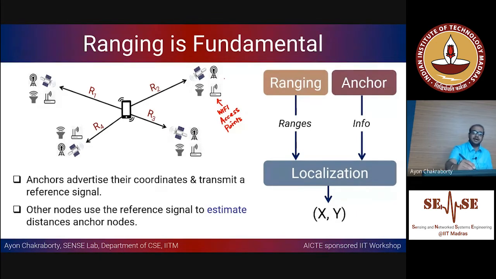It could be Wi-Fi access points, it could be cellular base stations, even other modalities like a speaker. Often we can use acoustic ranging, where it's no longer an electromagnetic wave, but a sound wave. So we can have a speaker,